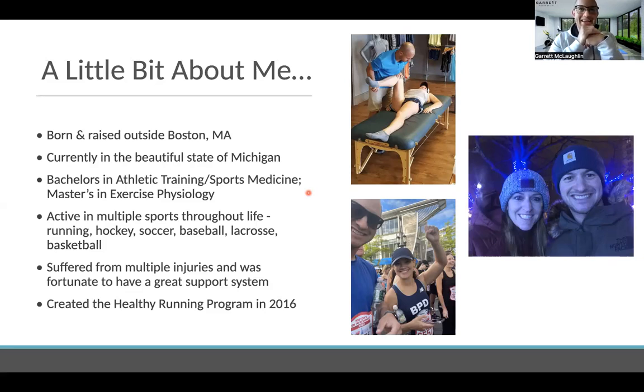And I look back and I think now have luckily identified the culprits on why those happened. And it goes back to my ego more than anything in terms of how I was running at the time and really pushing myself beyond my means. But good to see those things early in life, because it really helped shape what I do today. I think sometimes you have to experience them to a degree and struggle to go through that on your own. And now I'm much more objective about things. It's hard when you're going through it yourself. I think it becomes a very subjective emotional process, but if you can remove that, and even dive into some of the areas we will today, it becomes much more manageable of a process